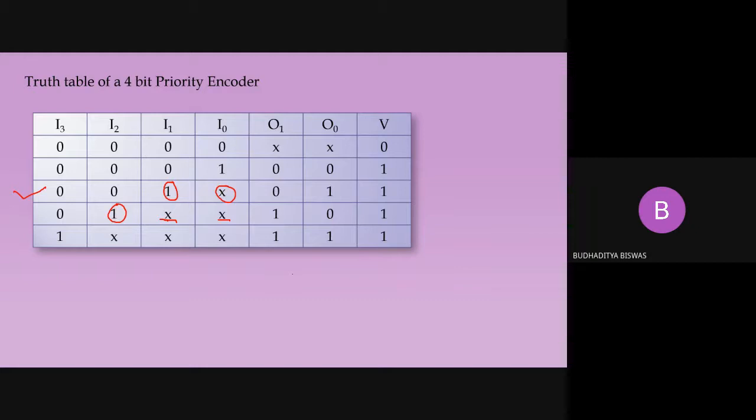A single enable pin either enables or disables the IC, but when more than one enable pin is present in the circuit, then it works according to the priority level.